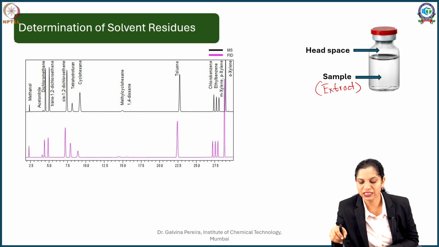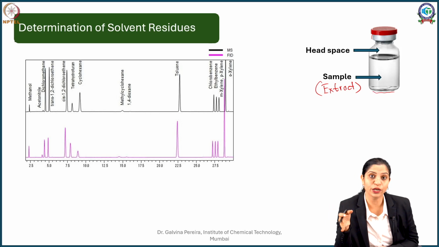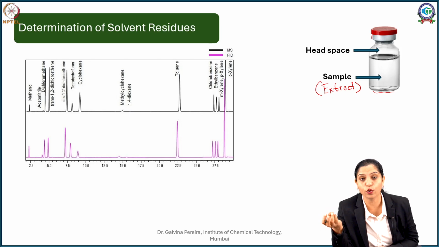So what is done is this extract or sample is carefully heated in the vial, and this vial is nicely sealed. So when I'm heating this gradually, as the temperature increases, it reaches the boiling point of the solvent. Methanol, you can say at about 60 or 70 degrees Celsius will start boiling. You will have chloroform. These are all low boiling. So if my temperature crosses 100 degrees Celsius for this sample, most of my solvents will start